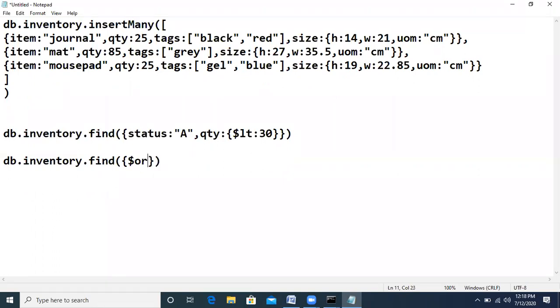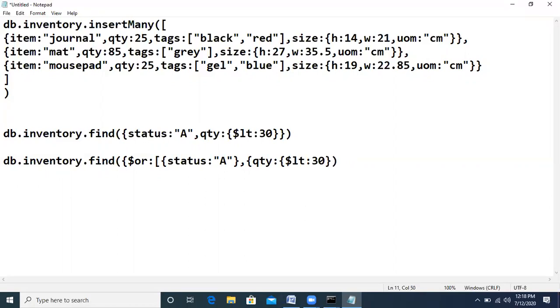We have written $or colon, open the square brackets, inside the square brackets the first condition is status colon A, and then close this bracket, and write the second condition on quantity colon $lt colon 30.